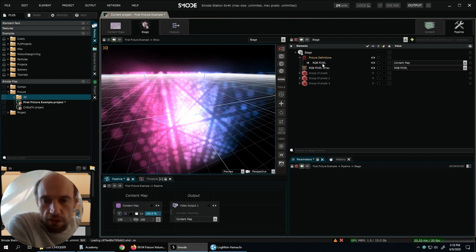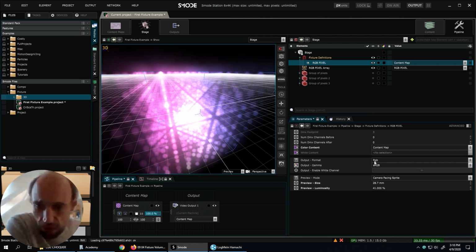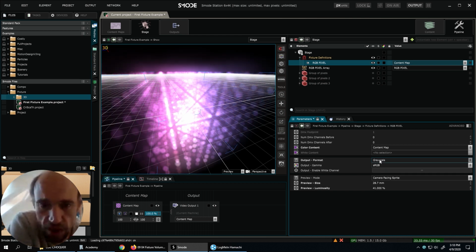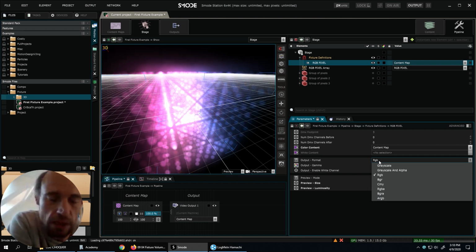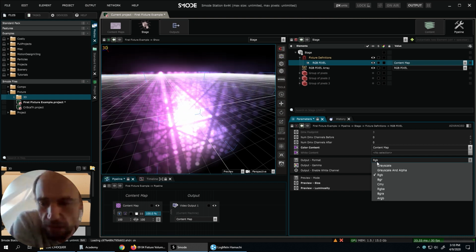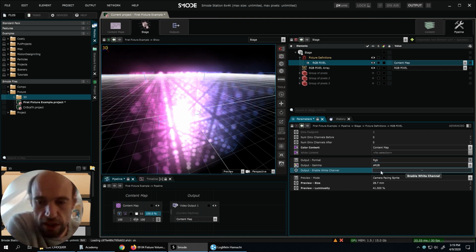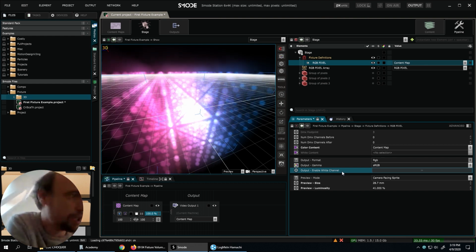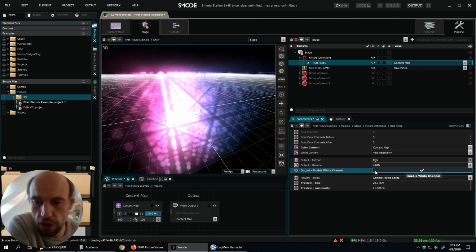So here, my fixture definition is a single pixel. I can show you some more parameters into this. First of all, we can select the format of the pixel. So it can be a single grayscale. This is actually not simulated, but will impact the info we send on the DMX. And it's also possible to use RGBW pixels, so that have an explicit white channel information. And for this, you simply check the enable white channel option here.